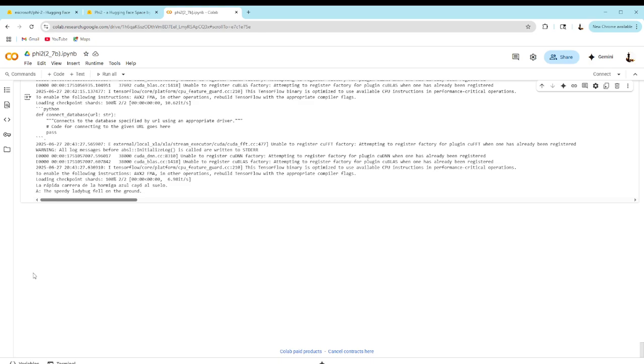Phi-2 is really great for getting you to a starting point. So if you actually want to learn how to do something instead of having an AI do it for you, like ChatGPT might, you can use Phi-2 and it will get you close, but you can figure out what it did wrong.